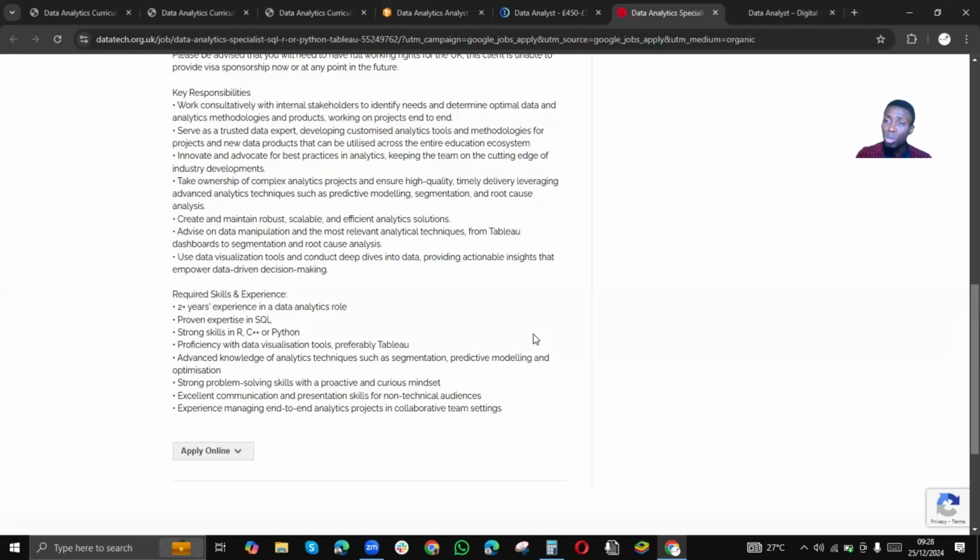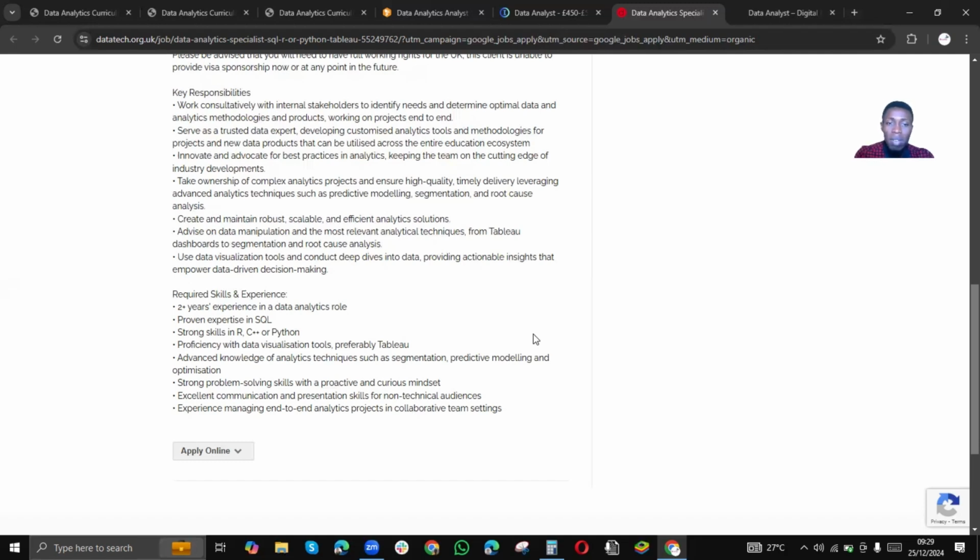The most important thing is that you need to introduce something like coding inside your data analytics learning. If not, you will see some jobs and run away. You won't be able to take them up. Even if you get a data analytics job and they require you to do some tasks that require Python or some coding, you won't be able to do it because you are scared. And that is not good, because you need to transition, you need to move forward, you need to grow, you need to build your portfolio to be more robust.